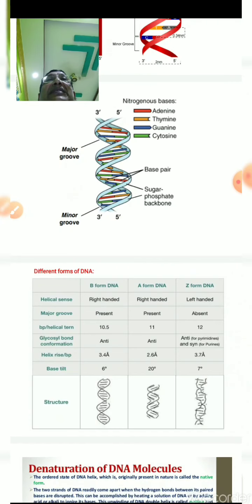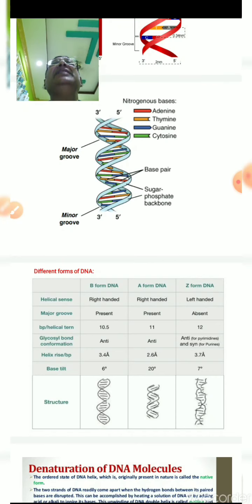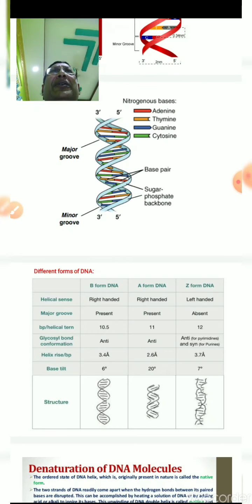It very nicely shows the major groove, minor groove, base pairs, sugar phosphate backbone, steps, all these things. Okay. Now, the normal DNA that we always discuss is always found in the B form of the DNA. There are different forms of the DNA, as you already know: the B form, the A form, and the Z form. The B form is the normal form of the DNA, where one turn measures 34 angstroms or 3.4 nanometers. But in the case of the A form and Z form, it varies.